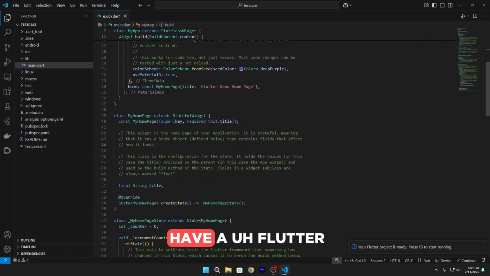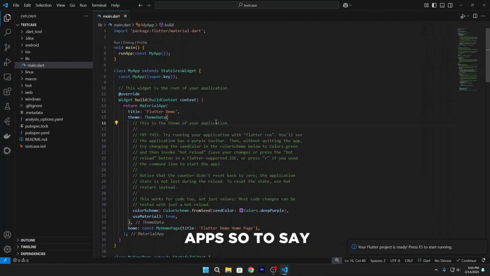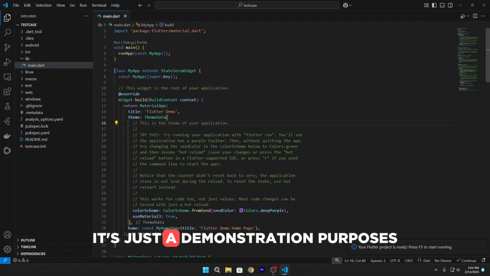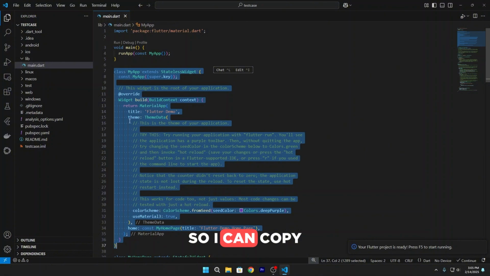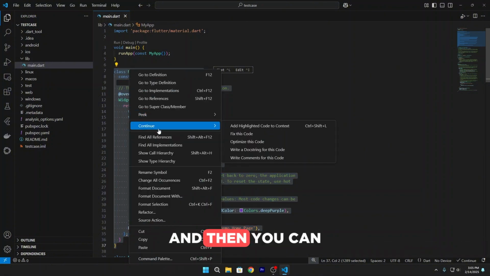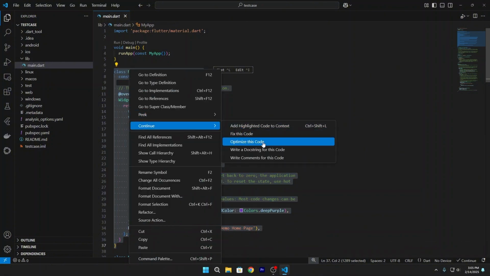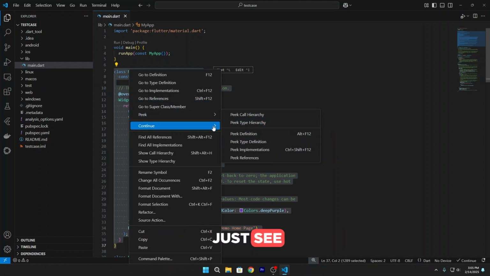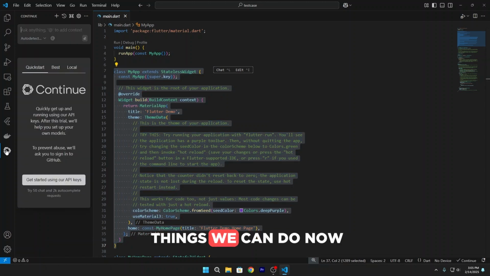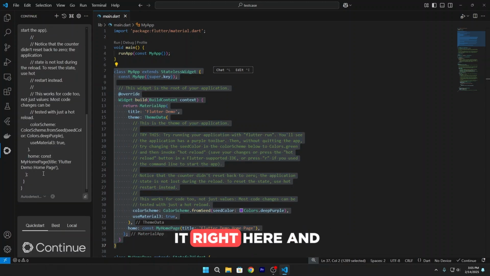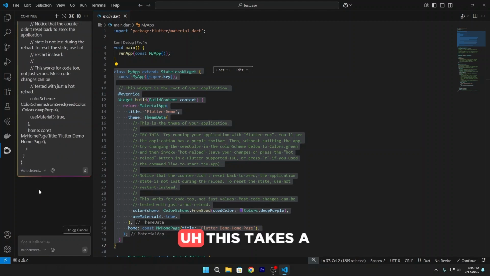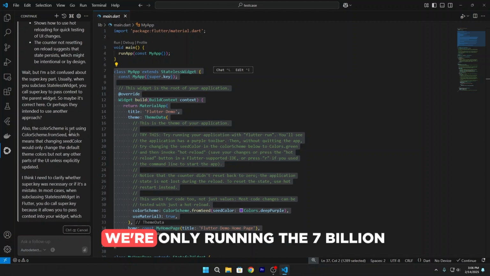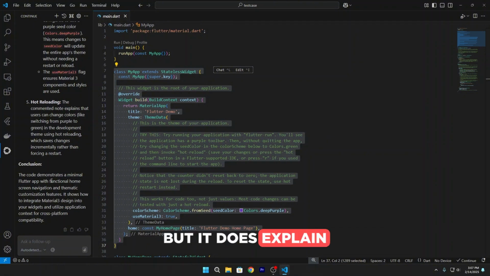Now in here I have a Flutter app, so to say. It's just for demonstration purposes, so I can copy the whole thing, and you can see that before copying, the Continue menu pops up, and you can see a few things we can do. Now just go to Continue, and after copying it, if I just paste it right here and let it run, this takes a while because, well, we're only running the 7 billion, but it does explain what is happening